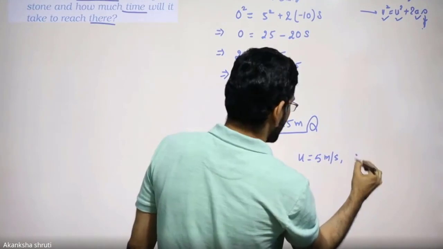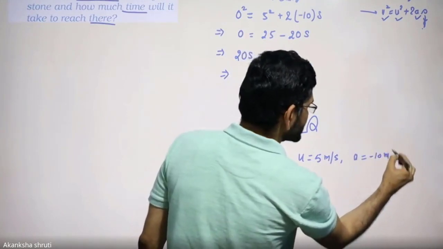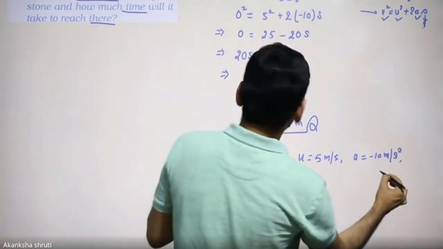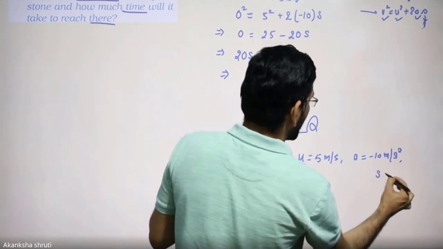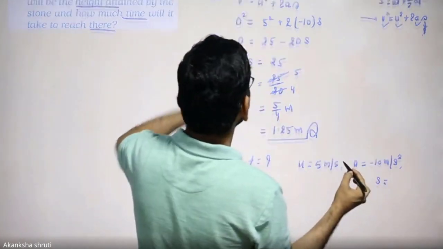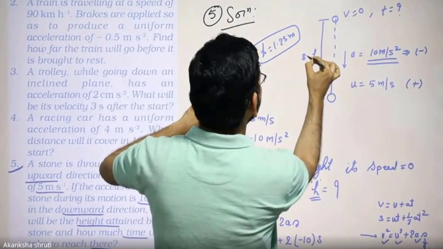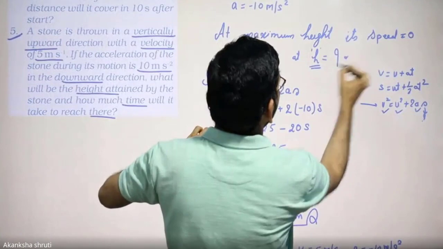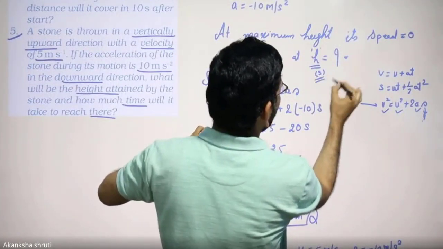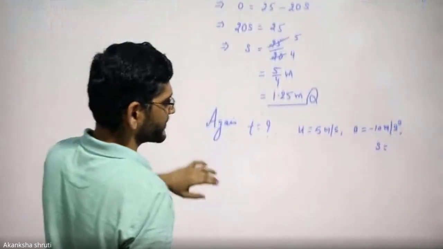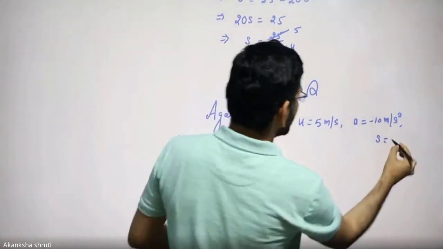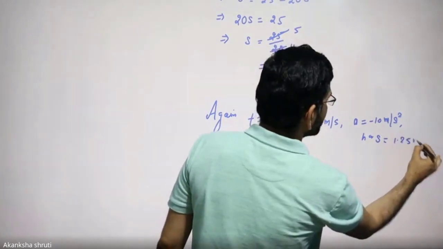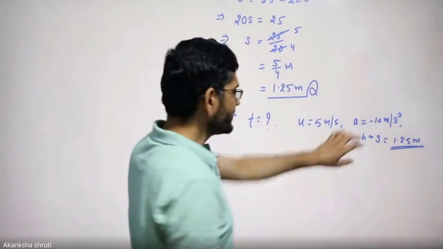Students, the a is minus 10 meter per second square. We have calculated this s, or height. This s is nothing but this height. We have denoted it here in terms of h, so that doesn't matter. S or h or s, here we have directly used the term s. So students, though here s means h or s, we can use 1.25 meter, or even without using this we can also calculate.